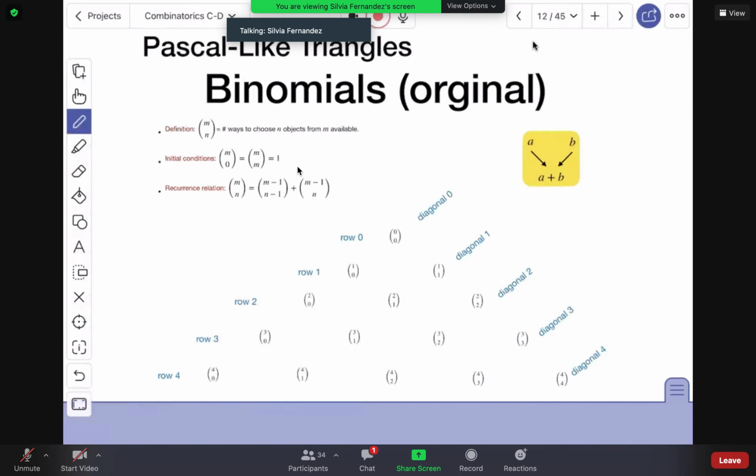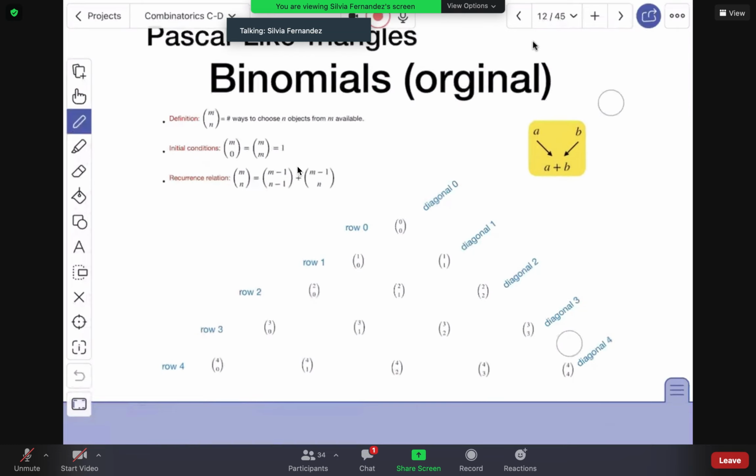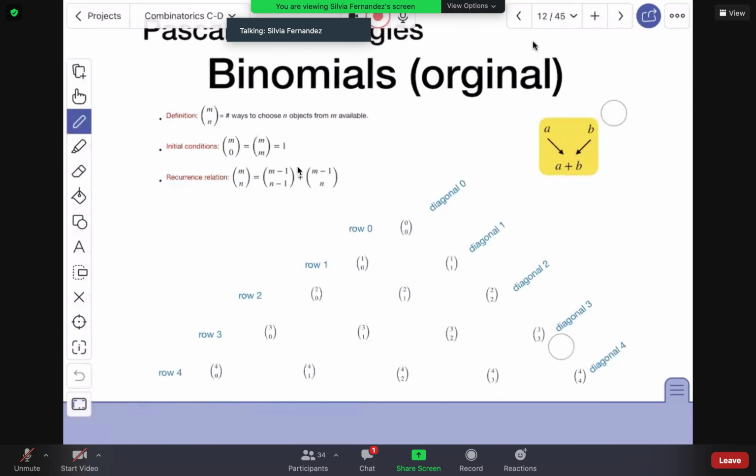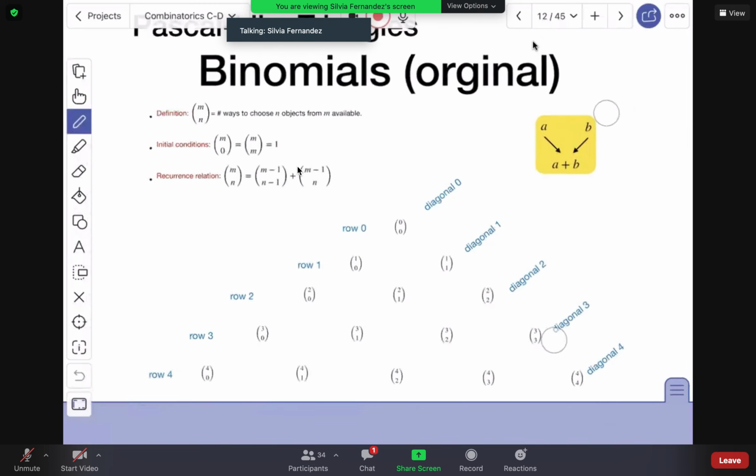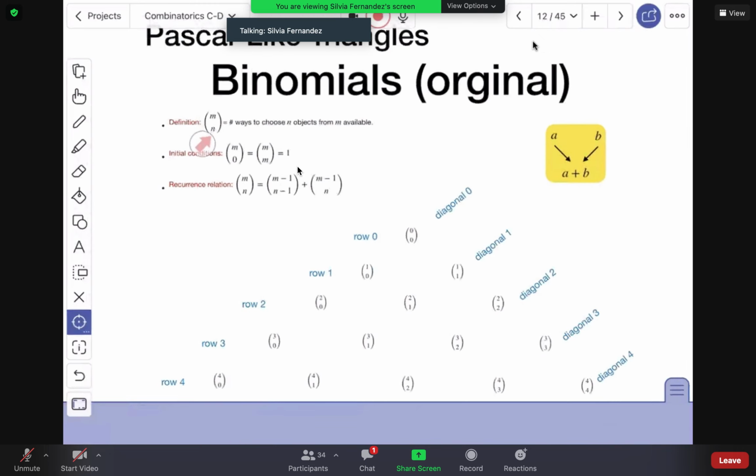Okay, so for the binomials, what do we know? This is the one that we all know. This is the original Pascal triangle. The symbol means the number of ways to choose n objects from m available. We know that choosing 0 objects, there's only one way, and choosing all the objects, that would be m choose m, there is only one way. So it's like the cheese pizza and the all toppings pizza, only one way. So those are the initial conditions of our recurrence relation,